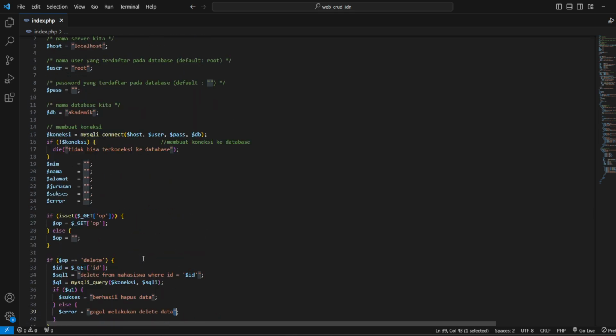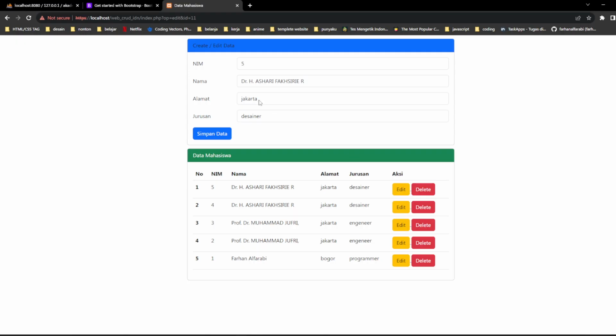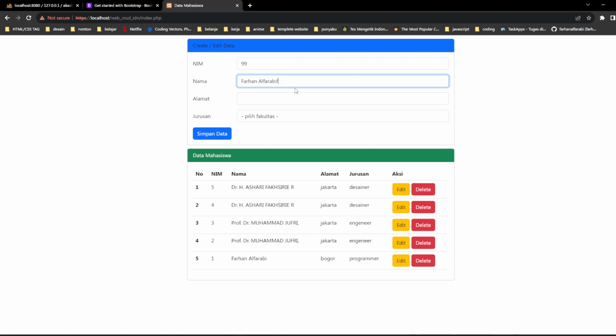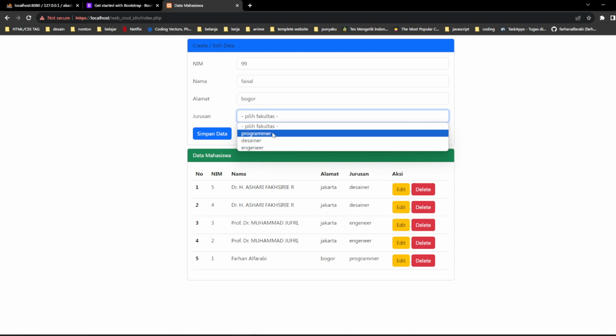Okay, we will check our result in index.php. If I create the data, maybe I will write 99 with name Farhan Al-Farabi, like this. Oh, not my name, but maybe I will write Faisal, and the address is Bogor, and the major is programmer.